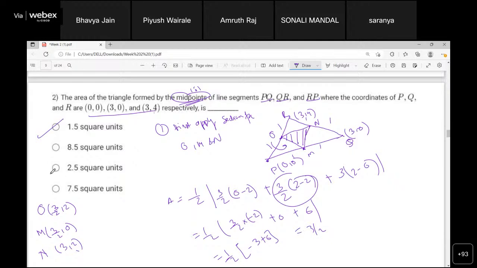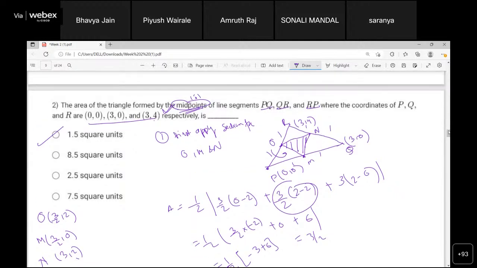So this is the way to solve this question, right? If you are given these three coordinates, you should be able to find out the area of a triangle. But for that, you should know the section formula, that is midpoint 1:1. That's it. So such type of simple question you can expect in the qualifier, where you need to apply multiple concepts, right?